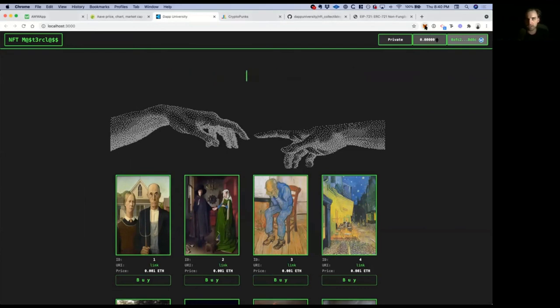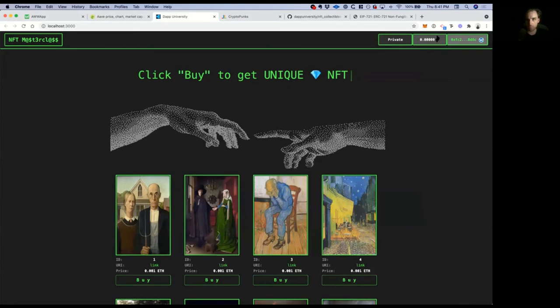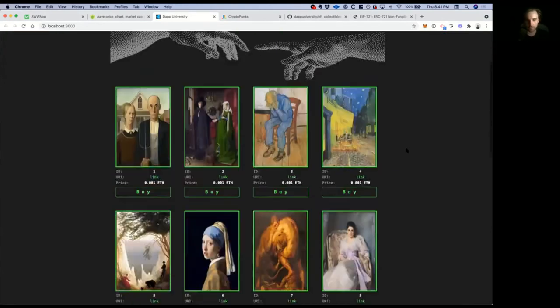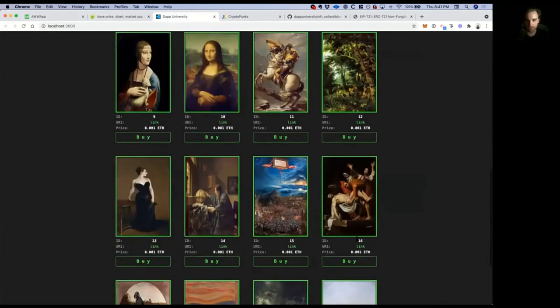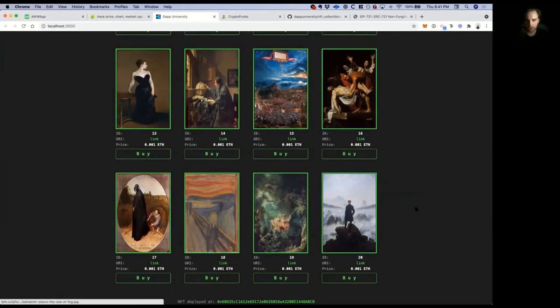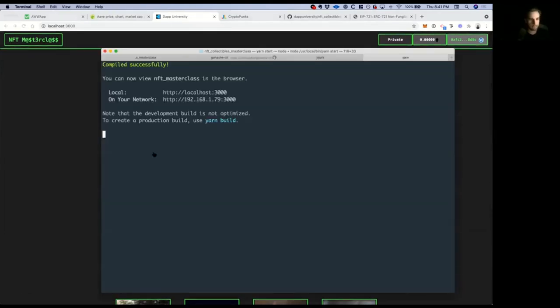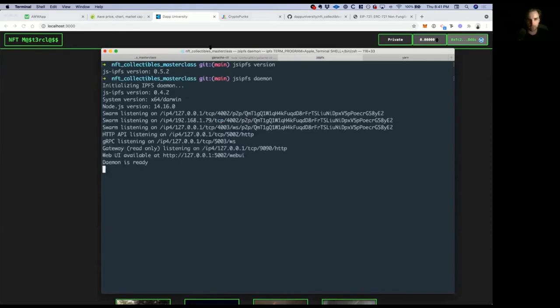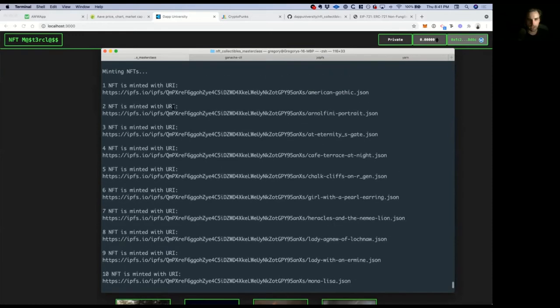So you want to have MetaMask installed. Go ahead and open it, and then once you've done that, you'll see your website here. We can see all the tokens that we've minted, token 1, 2, 3, 4, 5, all that type of stuff. And now I'm going to show you how to actually purchase them. So go to Ganache CLI and find one of the accounts in here. Let's say,